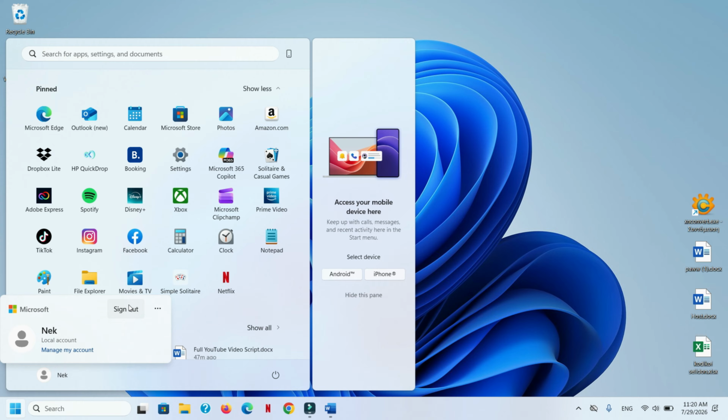On the Windows sign-in screen, you'll now see the newly created account. Click it, enter the password, if one was created, and Windows will prepare the account. The first sign-in may take a few minutes because Windows needs to create the user's personal profile and desktop. After that, each login will be much faster.